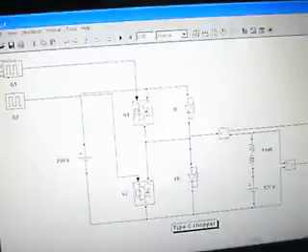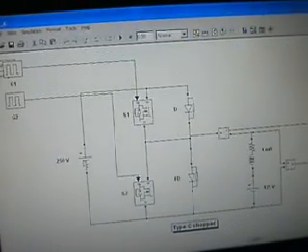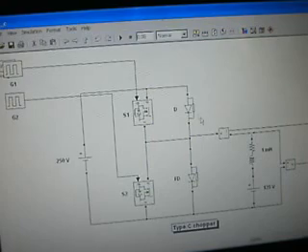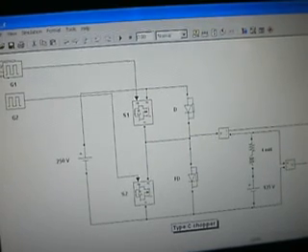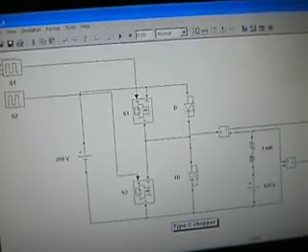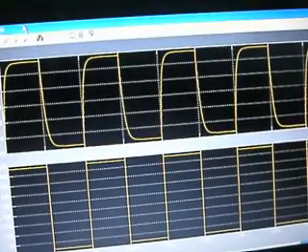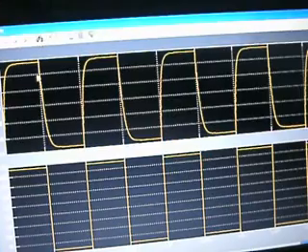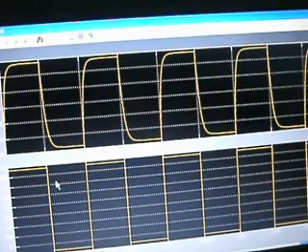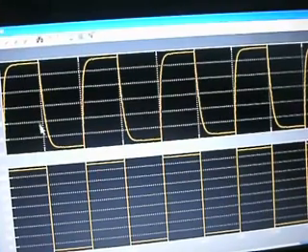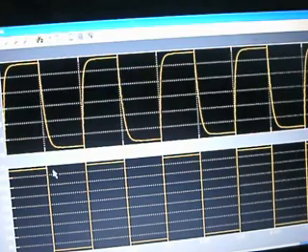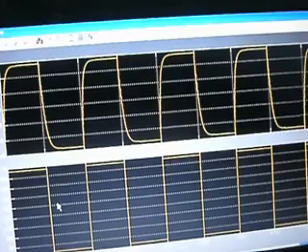Here you can see again, input voltage is positive, current is also positive. Output current is positive and negative, whereas output voltage remains positive. So this chopper is working in two quadrants. First one when voltage and current are positive, and second one when current is negative whereas voltage is positive.